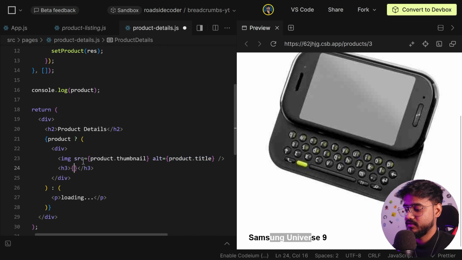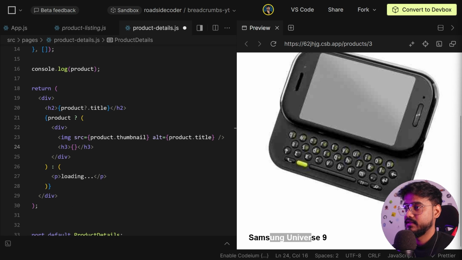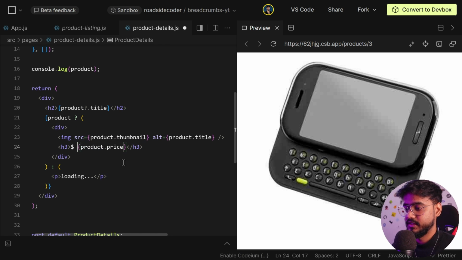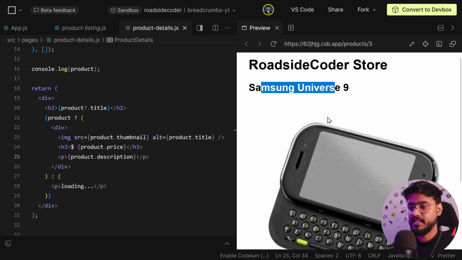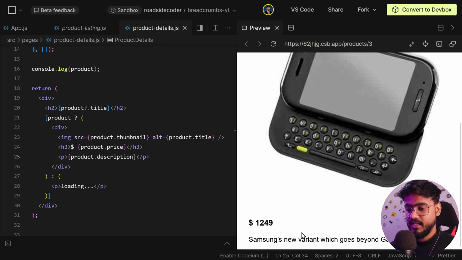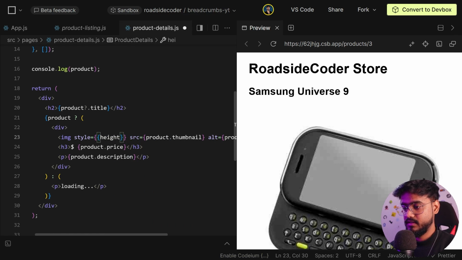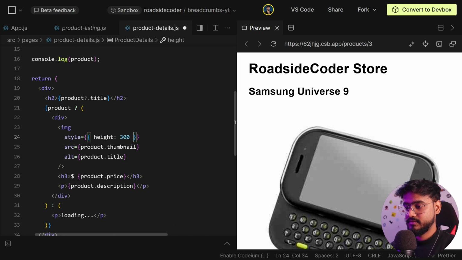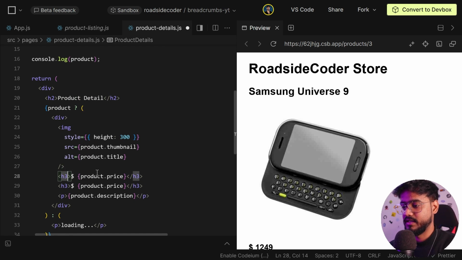And you know what, instead of just rendering it over here, I'll just render it right here in product dot title, and over here I'll just say product dot price with the dollar sign in front of it, and have a p tag over here, product dot description. Okay, we have the title here, the image, the pricing, and the description. Let's give this image some little styling. Height to be 300. Yeah, I think this is better. And you know what, I'll just move it back there. Here I'll just add the title. That will look better over there,